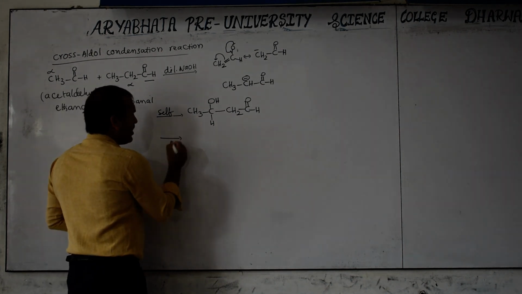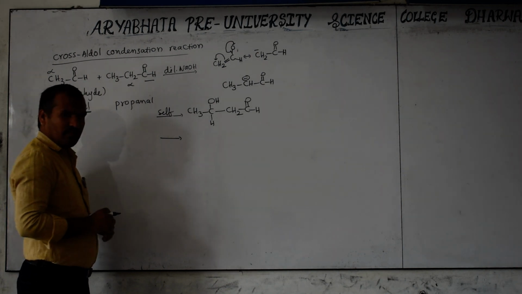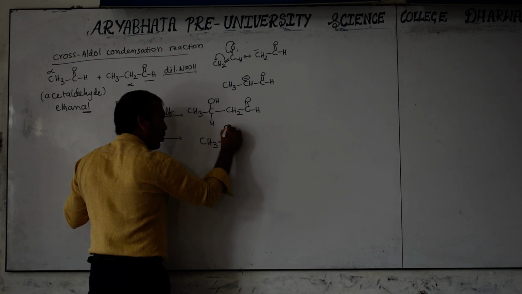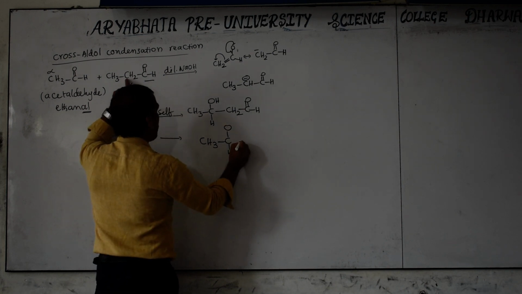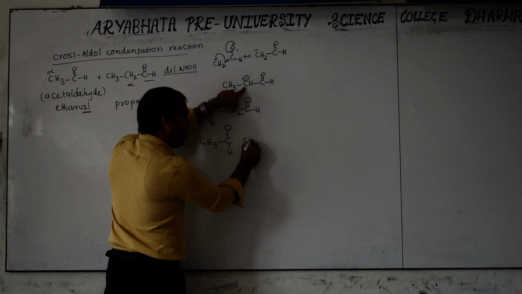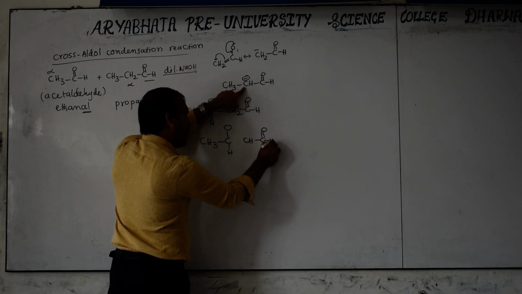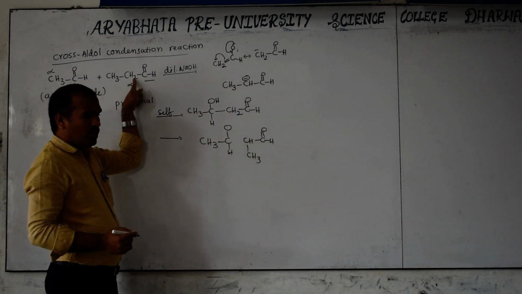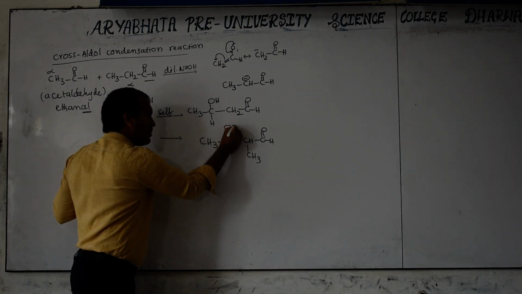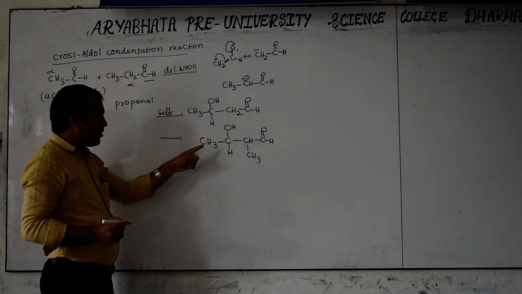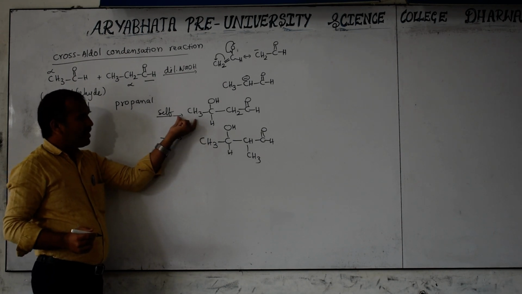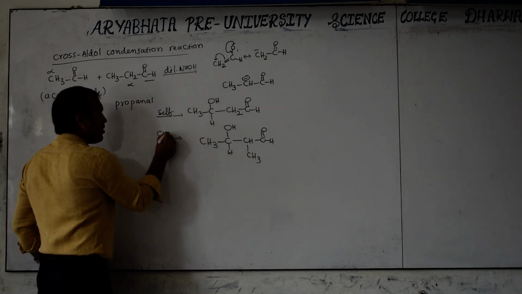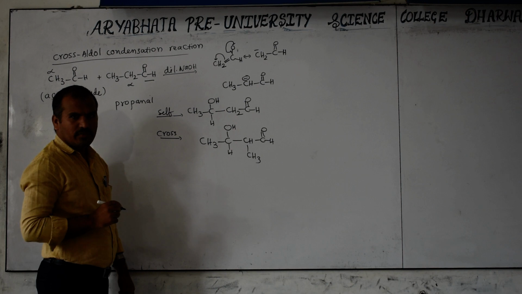Otherwise, this aldehyde reacts with the other. Then what product forms? CH3 CHO. Carefully observe, this molecule can form a carbanion like this, CH minus C double bond OH with CH3. Clear? Actually, here how many hydrogens are there? 2. One of the hydrogens is added here. Now this is called the cross product. The earlier one is self, where the same molecule participated. Here different molecules participated, and that is what is called the cross aldol reaction.